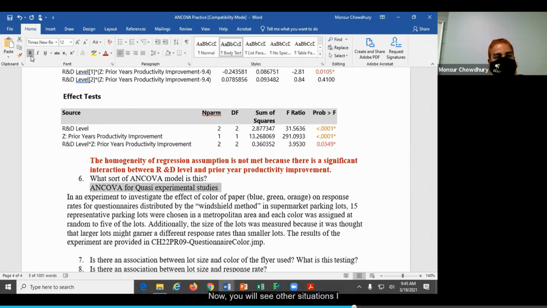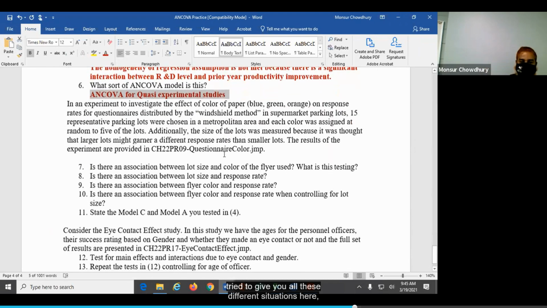Now, you will see another situation. I try to give you all these different situations here for the different models. So now, in another question: in an experiment to investigate the effects of the color of paper on response rate for the questionnaires distributed by windshield method in supermarket parking lots, 15 representative parking lots were chosen in a metropolitan area and each color was assigned at random to 5 of these lots.